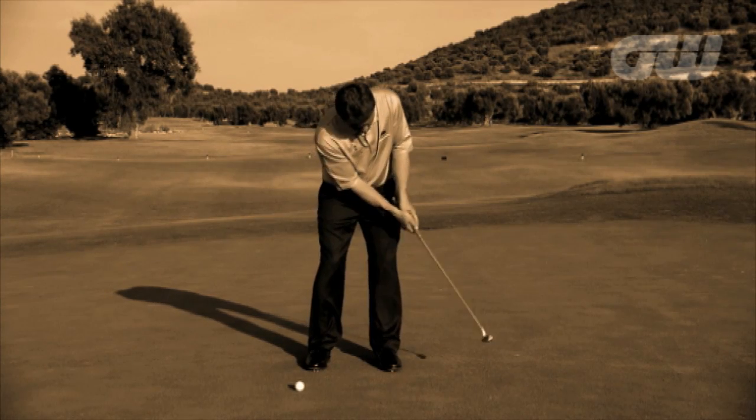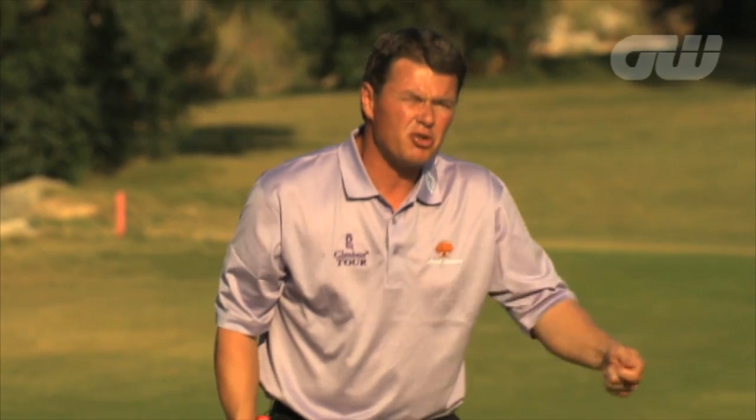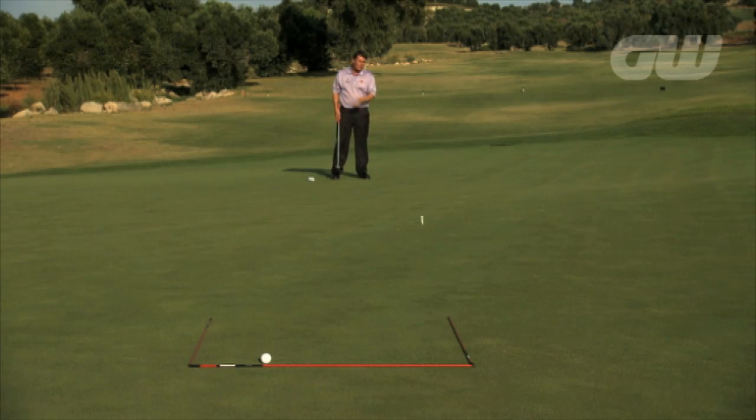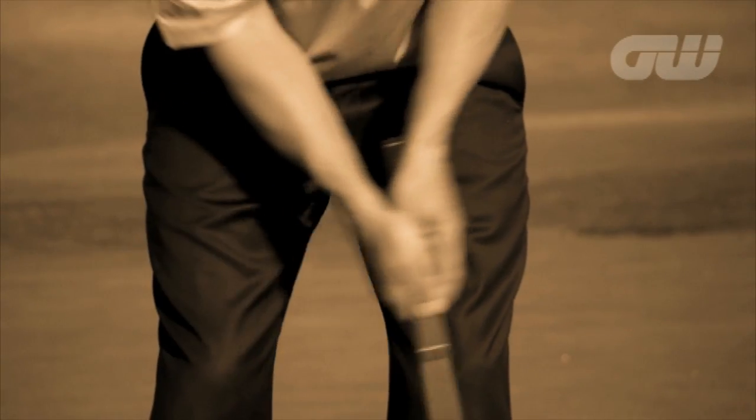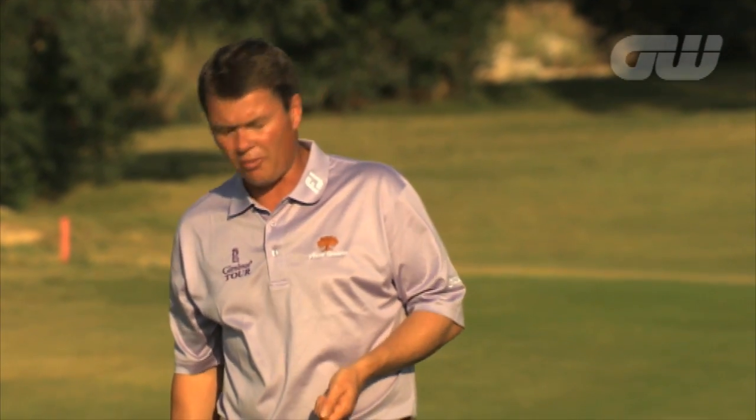Don't get your arms too stiff and then try to use your body to give it extra speed. Find that rhythm. It really is just a big pendulum, and you have to be able to trust that that's going to get the job done for you. Now,